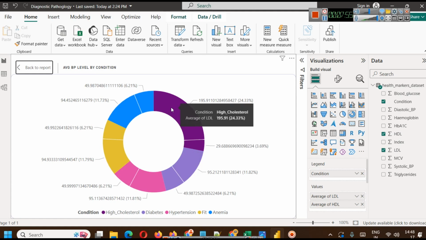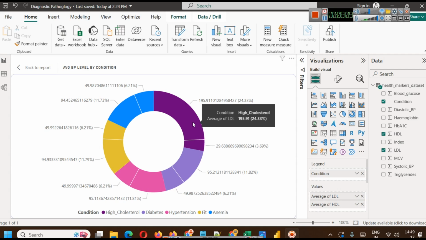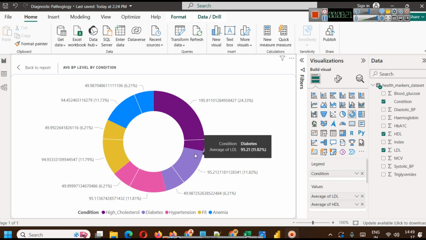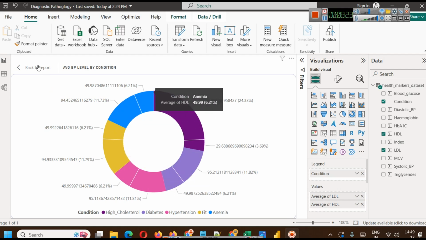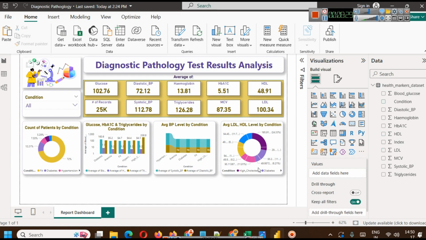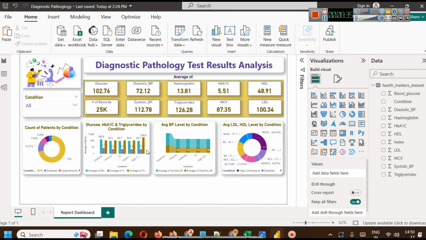and in case of high cholesterol you can see average of LDL here is 195.91 and it is 26.69. So basically you can see LDL is 195.91 average here, and HDL is 26.69. So you can see bad cholesterol versus good cholesterol ratio. Similarly, you can see it in other tabs also. So you can simply write it as average LDL and HDL level by condition, and here we can make them